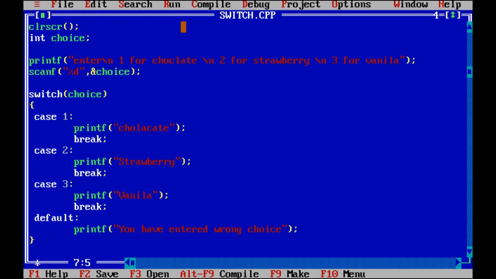Then here you have to give the name of the variable. Then here it will be the same, switch, name of the variable. But here instead of 1, what will it be?